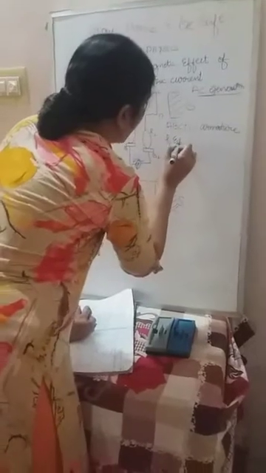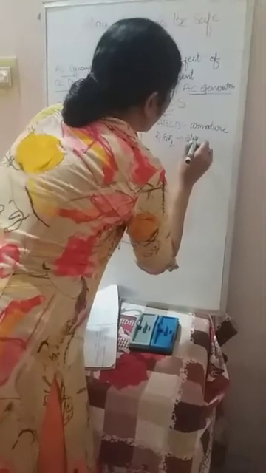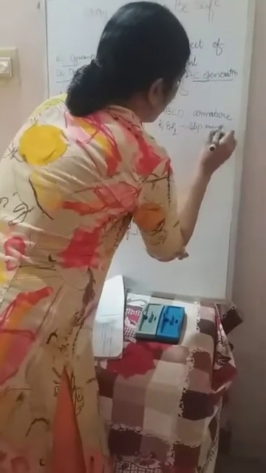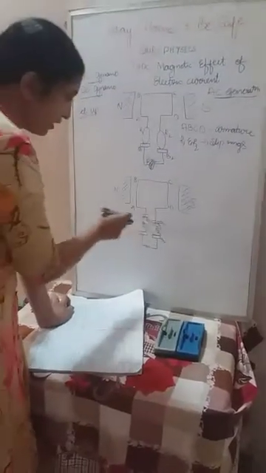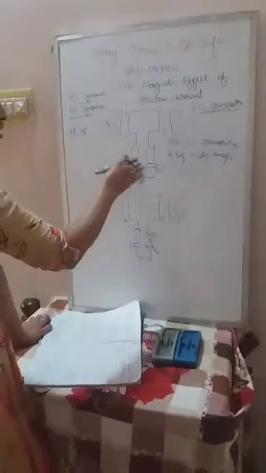Clear? Those two free ends are connected to the rings. R1 and R2 are copper rings, called slip rings. Slip rings means they are not cut. If they are cut into two equal parts, they are called split rings. We use split rings in a motor, but in a generator we use slip rings only.